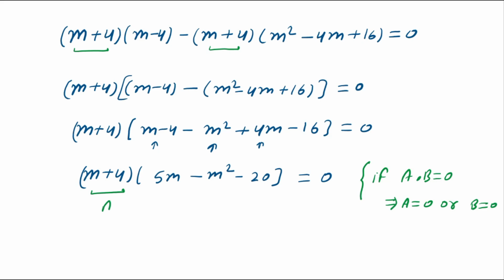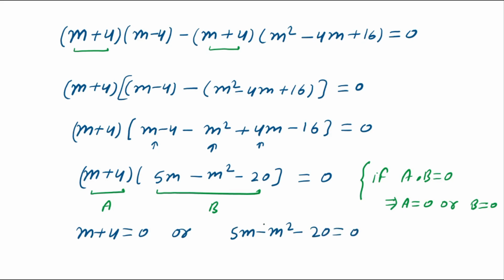Suppose this expression is a and this expression is b, then you can say m plus 4 is equal to 0, or 5m minus m square minus 20 is equal to 0. M plus 4 is equal to 0, then the value of m is equal to minus 4,